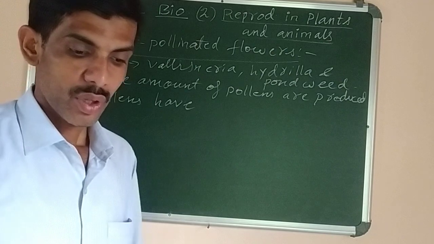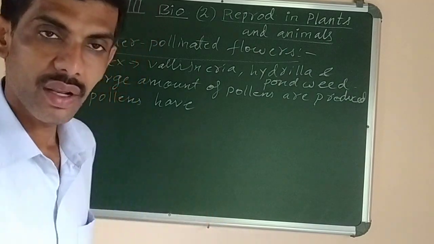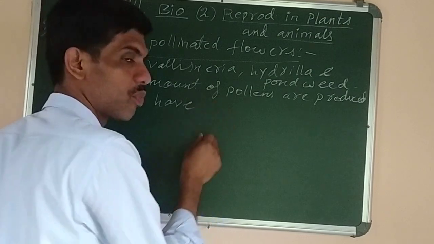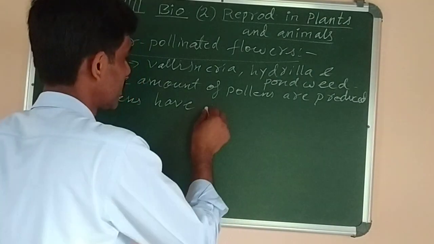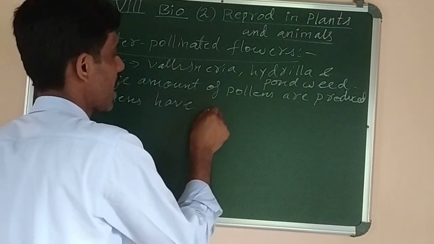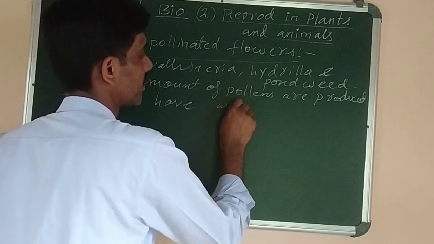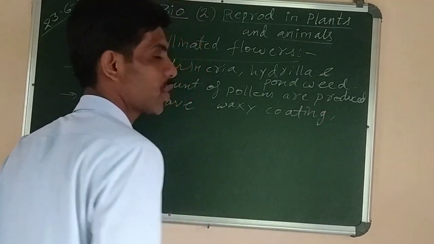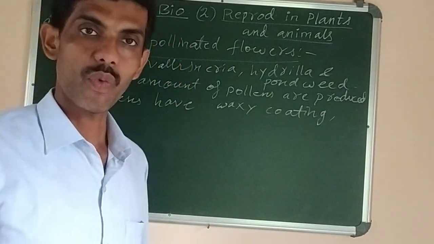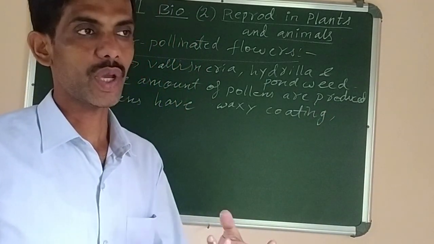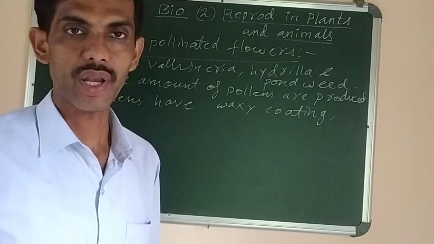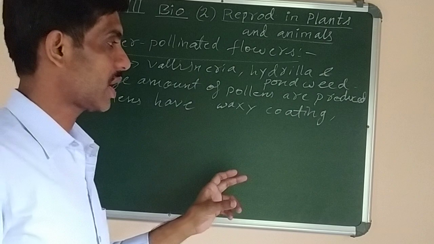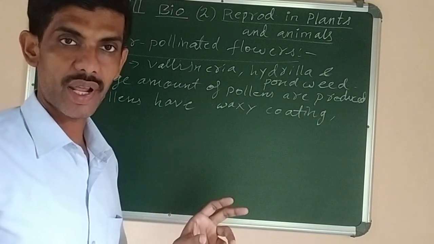And number two, the pollen grains have buoyancy, meaning floating power. So the pollens have a waxy coating. This one I was saying, no? Waxy coating to protect them from water, because if you keep anything in water, it may be spoiled for a long time, isn't it? If you keep such pollens in the aquatic medium for a long time,